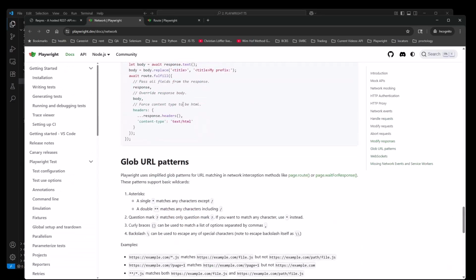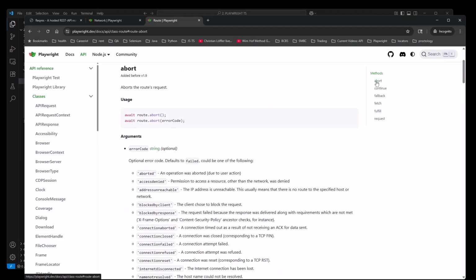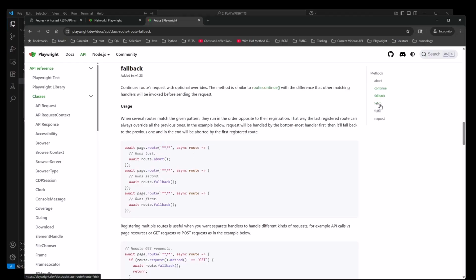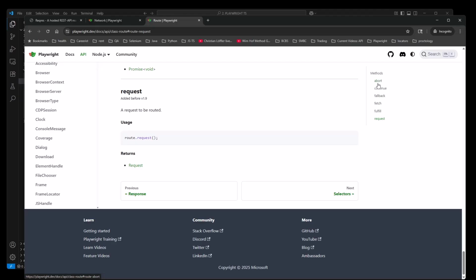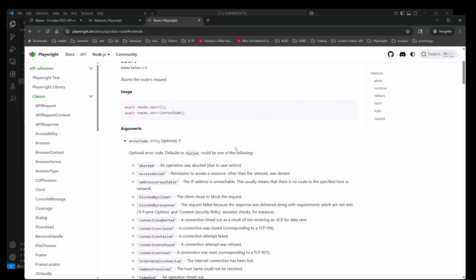And then what we will be using specifically today is route. So route is a class that has a bunch of methods associated to it, like abort, continue, fallback, fetch, fulfill, request. So we will use some of the methods available on route to show you how you can actually intercept a